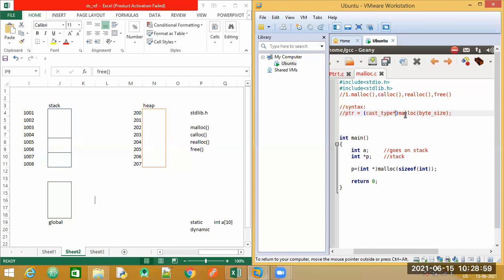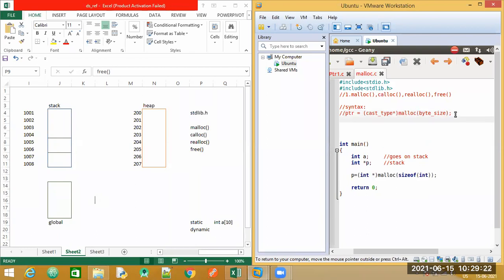To understand it in the simplest way, it is the data type that you want to return. Usually, whenever the malloc function is called, it returns a void pointer.